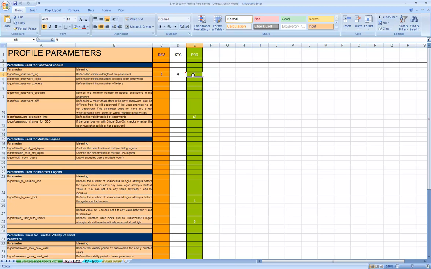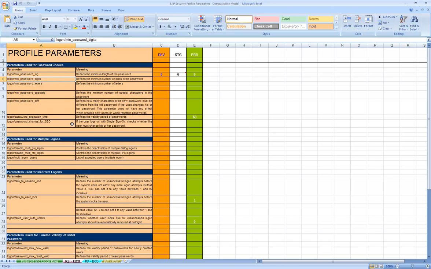So the maximum you can use is 40 characters in the higher versions, and the maximum is 8 characters in ECC 5 or before that. But when you set this parameter, login/min_password_length, you can enforce the minimum length of the password. It could be 6 characters, and here it is 6, but the users can use more than 6, but not less than 6 characters in their passwords.